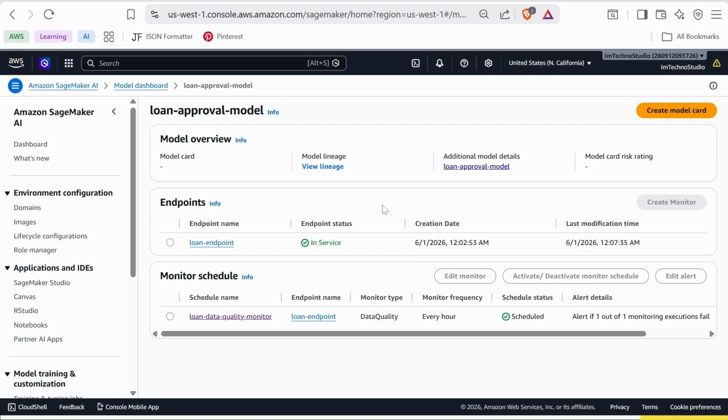Before we proceed, please keep one thing in mind. In a real-world environment, a model may receive thousands or even millions of prediction requests over time. With a large volume of production data, any changes in data distribution are easier to detect, and Model Monitor is more likely to identify data quality issues or data drift. In this demo, however, we are only sending around 30 records to the endpoint. Because the sample size is very small, we may not observe any significant drift or violations, and that's completely normal.